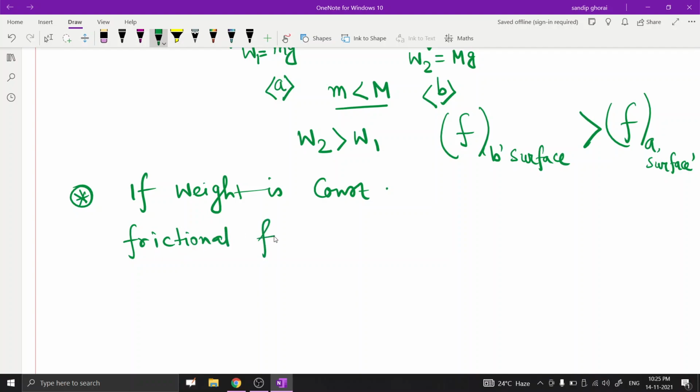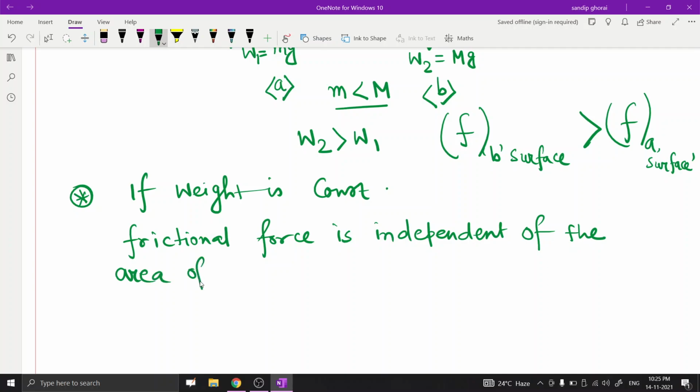Frictional force is independent of the area of surface in contact. That means actually if we take same surface and we take